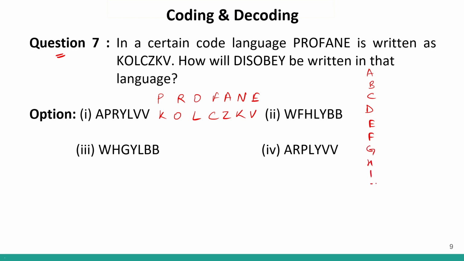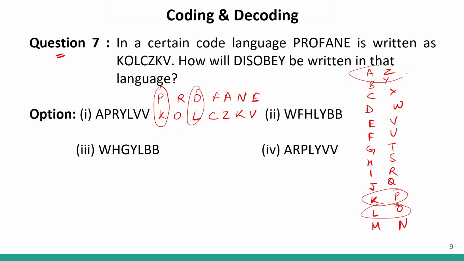G, H, I, J, K, L, M, N, O, P or N, O, P, Q, R, S, T, U, V, W, X, Y and Z. These are your opposite letters. A is opposite to Z, E is opposite to V and so on. So just by looking at it, can we find certain opposite letters? Can we find certain combinations of opposite letter? This is a opposite letter. P and K are opposite letters. Correct? Similarly, I can see OL. These are your opposite letters. AZ are all your opposite letters. And EV are also your opposite letters. Correct? So these are your opposite letters.